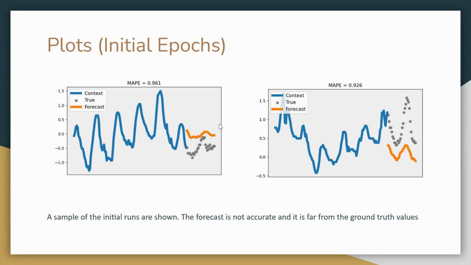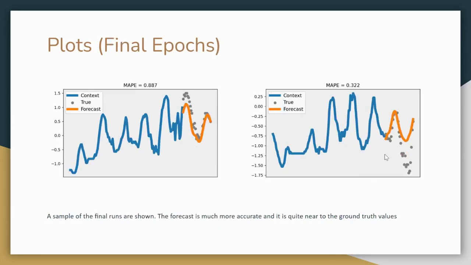These are the initial epochs obtained for this model. Here, the blue points represent the context, the silver points represent the truth or the ground label for the input, and the orange represents the predicted output from our model. In the initial epoch, there is a difference between the predicted and the actual output, whereas after training the model, the final epoch shows how close the forecasted output is